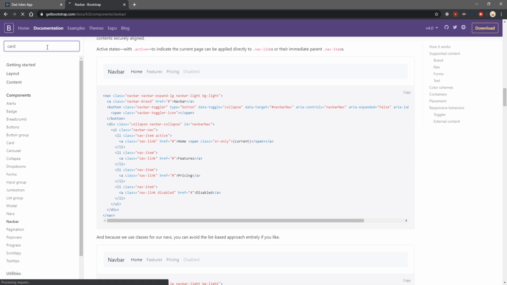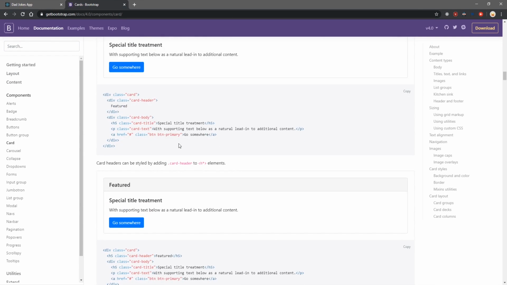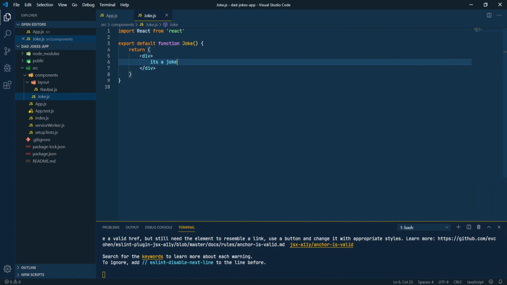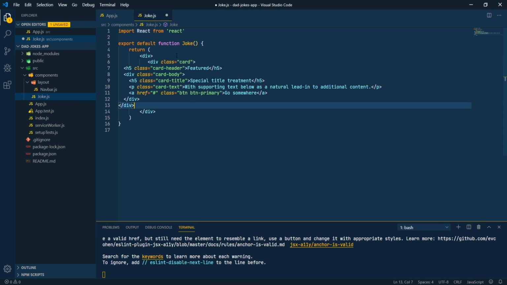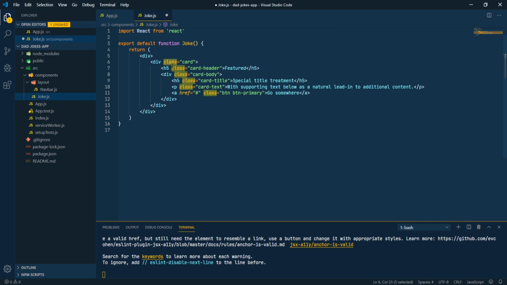All right, so obviously this needs to be a little bit different. So let's make this a card. I think I want to use something like this, maybe. So let's go back to our app, and let's just replace this like so. I'm going to format that so we can make it easier. Again, we've got to replace class with className, so I'll do that. Okay, this is going to say Joke or Dad Joke,